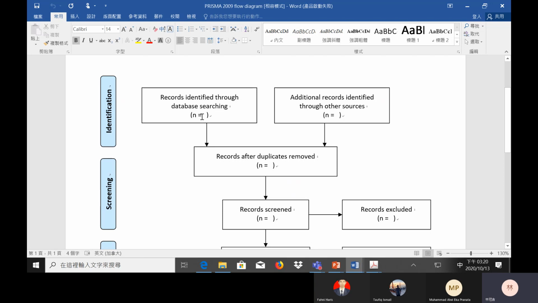So here you need to put the number of records identified through database search. For example, if you search five databases, you need to combine all the numbers of studies from each database. Then maybe you have additional records identified through other sources, that means the gray literature. If not, you just put 0 here. And then here is the records after duplicates removed. How we are going to do this, we will do in the next class using EndNote,